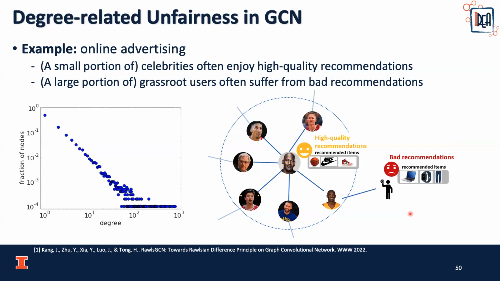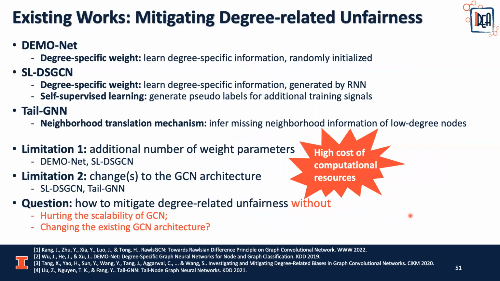And what is worse is that due to the long-tail degree distribution of many real-world networks, the GCN often achieves a good performance by benefiting a small number of high-degree nodes, while overlooking the performance of many low-degree nodes, like these grassroots users. And there are actually already some works trying to mitigate this